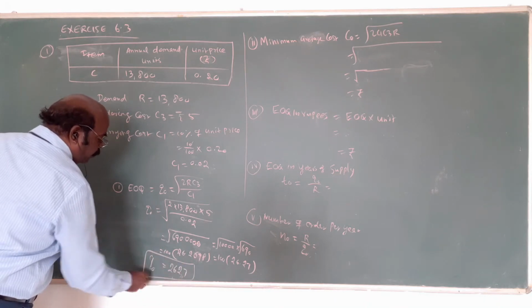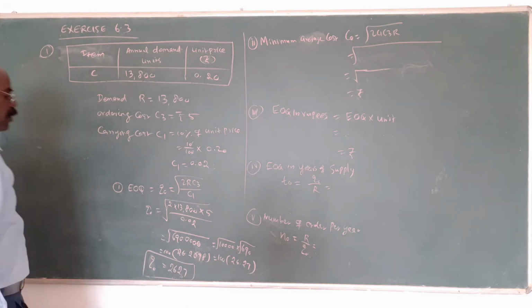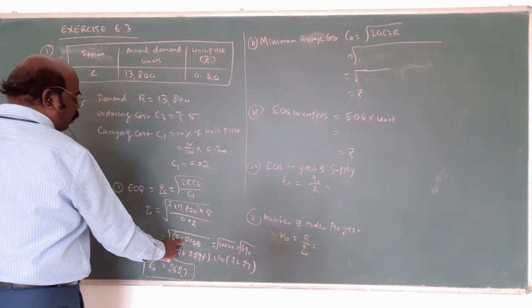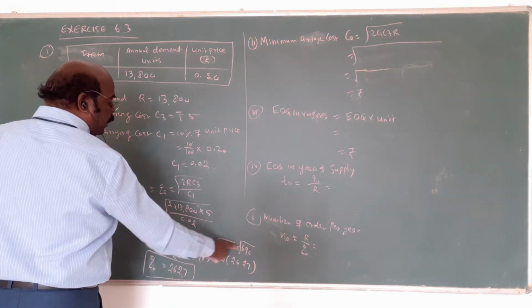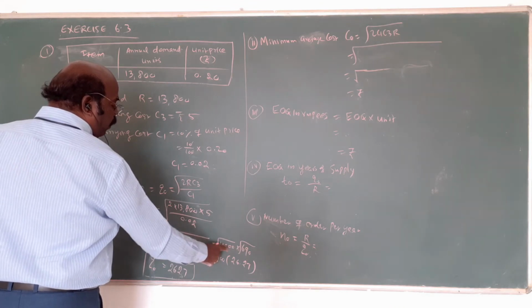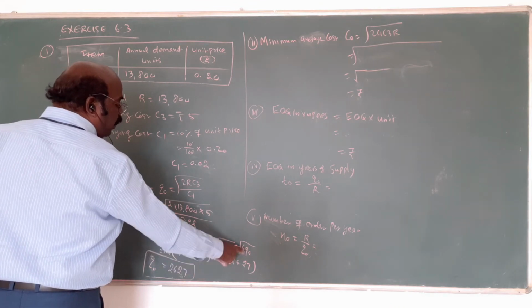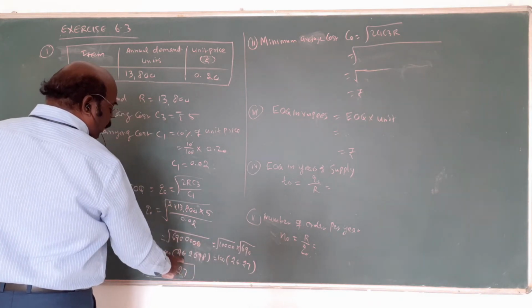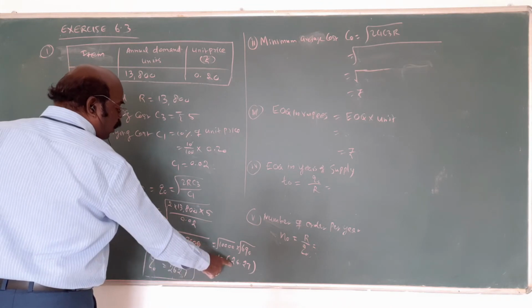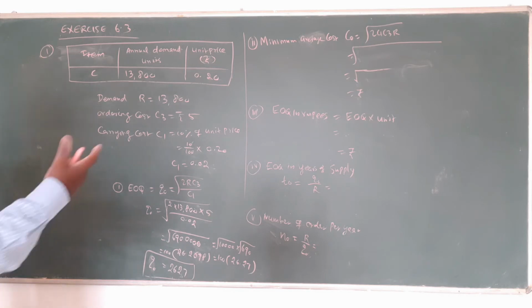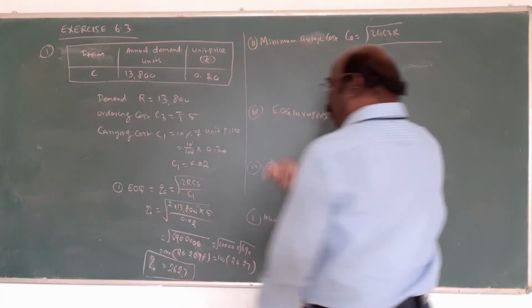Am I correct? You want to multiply, you make it 690 and 40. The 40 is separate, 690 is separate. Root of 140 means take the square root, 100 only will come. In the calculation, square root of 690 is 26.2678, approximately 26.27. Multiply by 100, we get the answer 2627. Here also a decimal point will come.